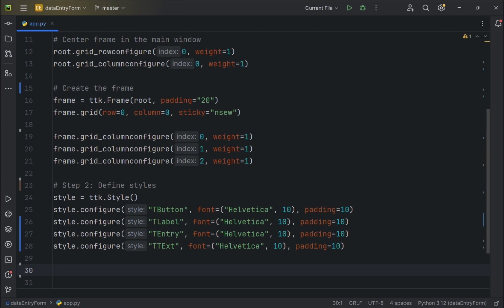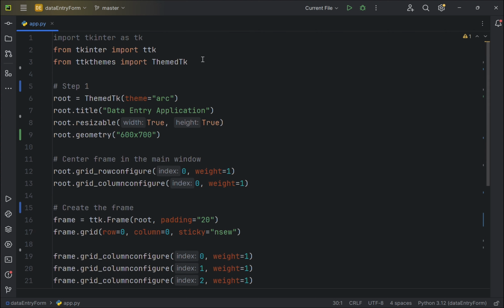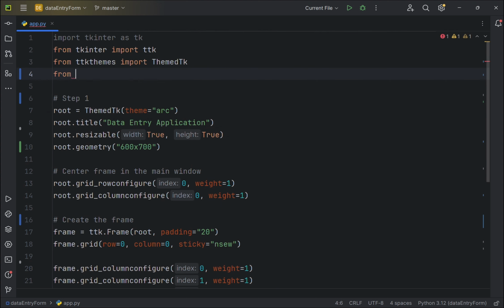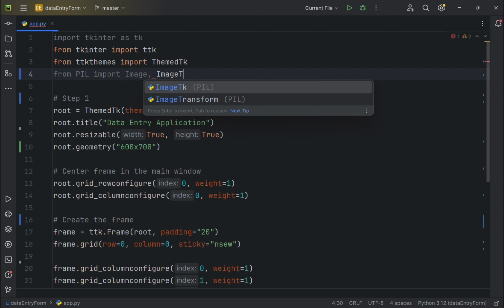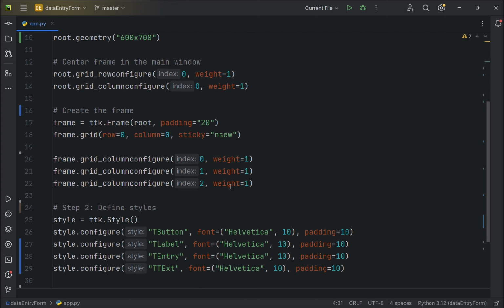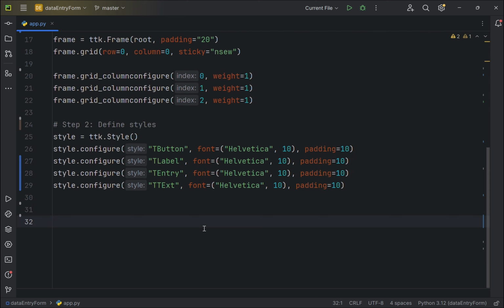If you guys remember, when we were demonstrating the application, you saw a logo beside each entry. So those logos are basically pictures that we loaded to our application. Now we want to add that. In order to edit our image, we need a package called Pillow. Pillow is an image editing tool that we use to make changes to the image we load. And from that package, we need to import Image and ImageTk